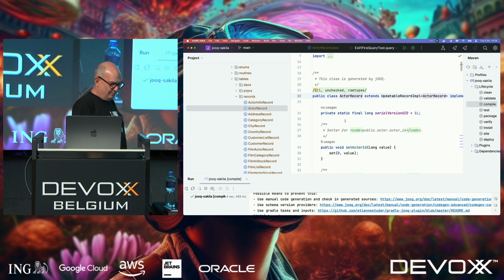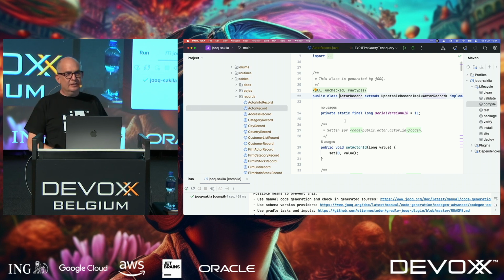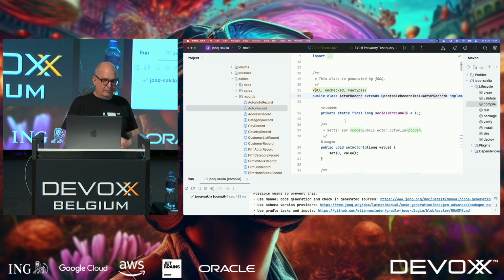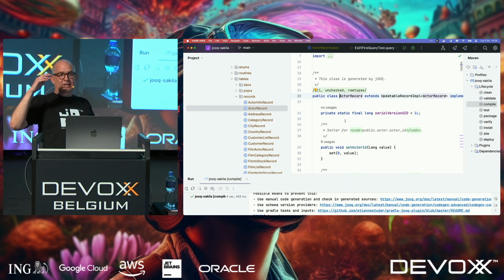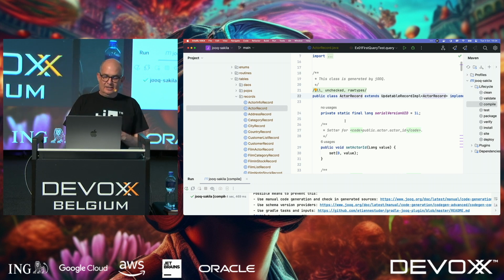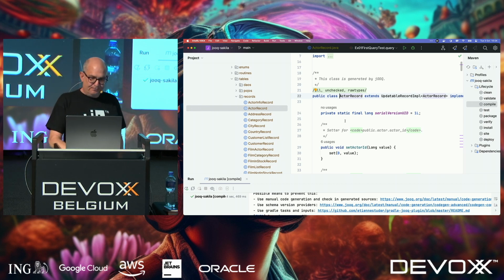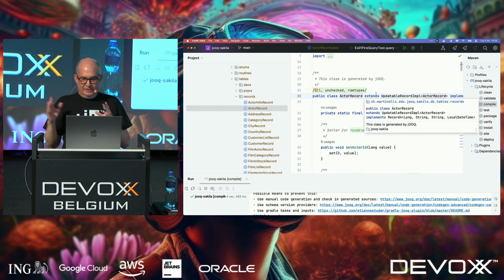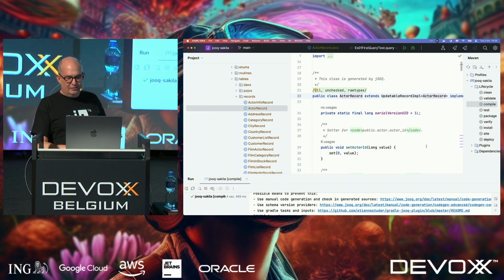So the active record pattern means we create a class, an active record, that holds the data of a database table, for example, but that also holds the functionality. So we can delete an actor here, or we can store an actor, or we can find. Ruby on Rails, for example, because Ruby is a dynamic language, will create finder methods on the fly, and that's not possible here because we are with Java, but that's the idea of this active record pattern. And this active record pattern is used in jOOQ, and it generates for every table that has a primary key